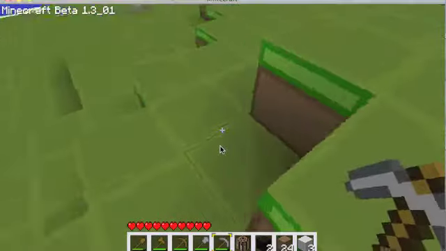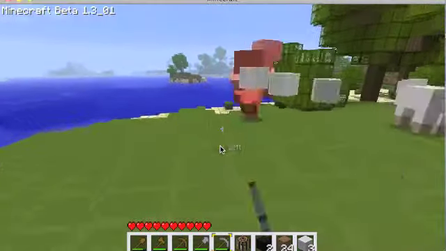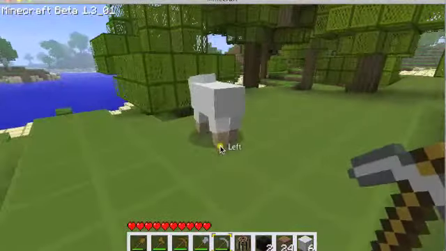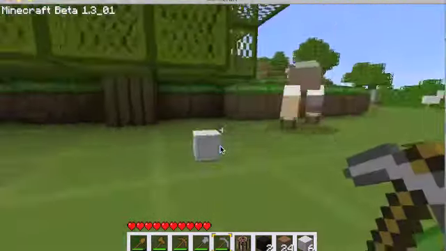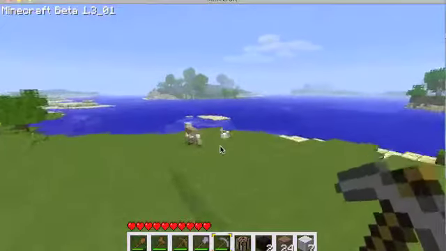There's a big patch. There we go. Let's just get all these sheep's fur, or wool, because it's valuable stuff. It could be used to make paintings, which you don't really need, but if you're gonna make a secret room...